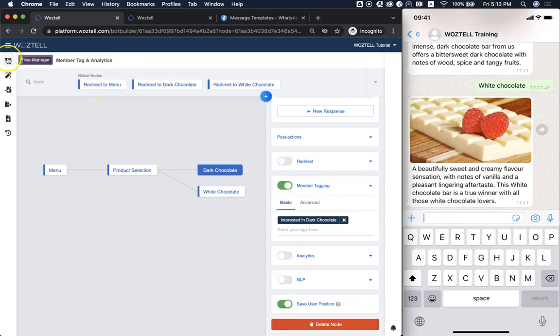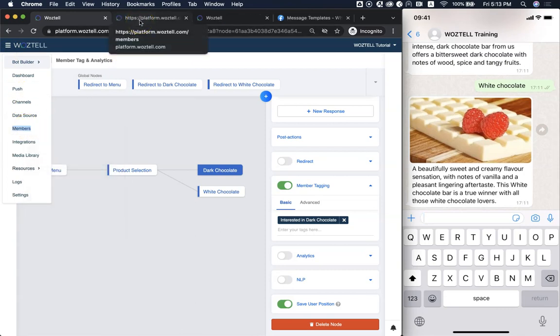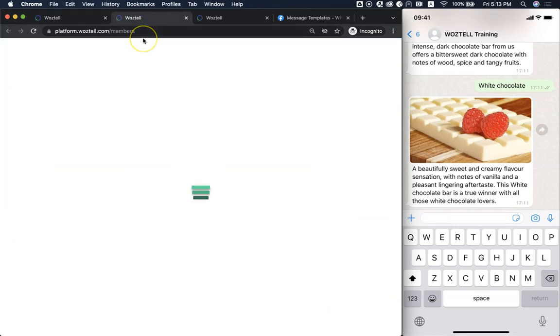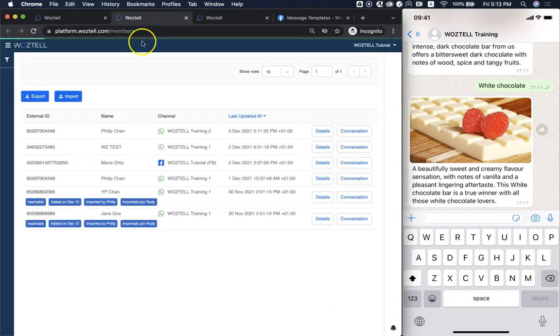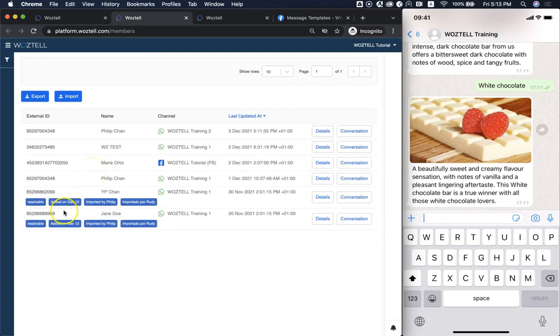Okay, so now I'm going to my member page because member tags are all stored in the member page for each member. As you can see here, these are some member tags generated by me.